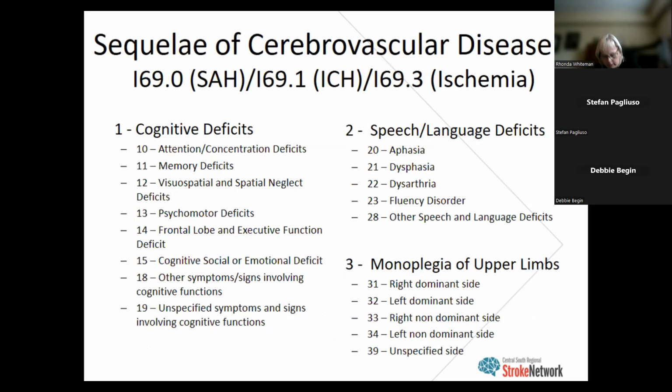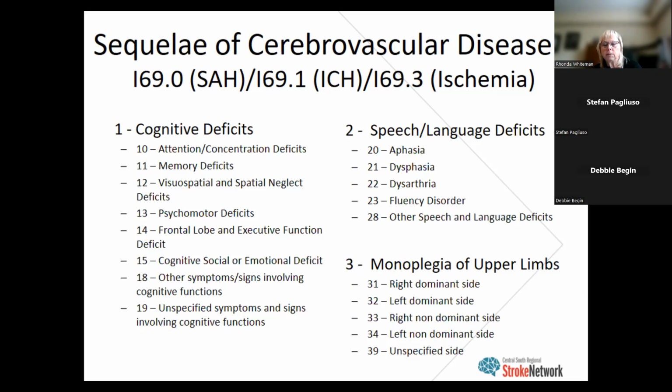Moving on in the last few minutes of the presentation, I know I'm at the end, I really wanted to summarize the sequelae and the common complications, and it's really sequelae versus complications of cerebrovascular disease that we see, and again, the deficits. Again, we know the coding is based on their subtype. Maybe those cognitive deficits, and you can see the ICD codes that are listed under what we would consider cognitive